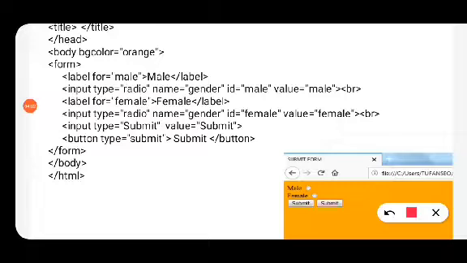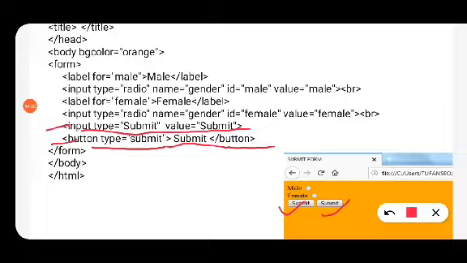So over here I have used both the codes to create submit button. First one is this input type equal to submit and value equal to submit. With this we have got this submit button, and the next button type equal to submit, then submit as a text, and then close the submit button, means the button tag. You will get this. So either of them will work to create the submit button.